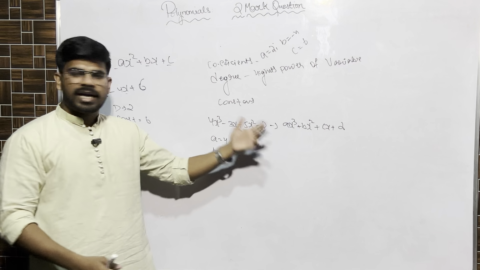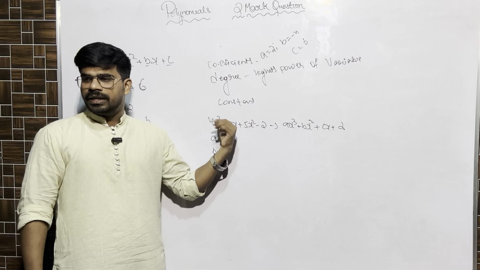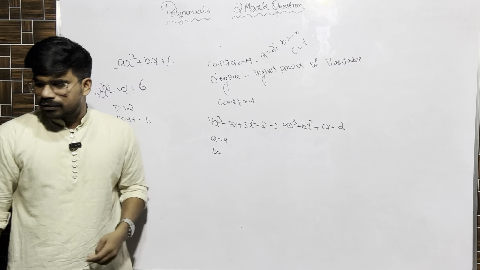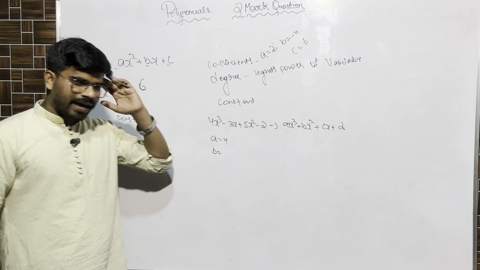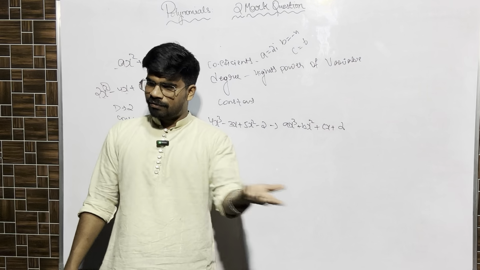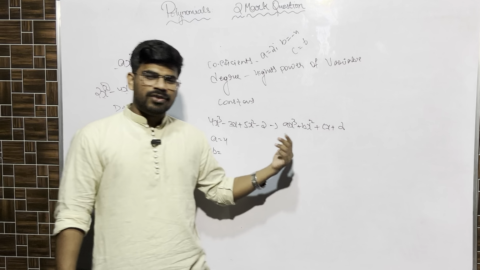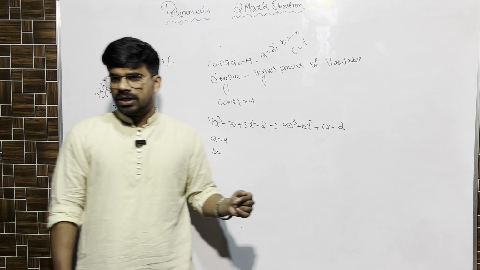So either you have to directly identify the values, or you have to arrange in a specific order, decreasing order of the power, then find the values A, B, C, D. For example, if I have that knowledge, just by looking at this I can tell the value of A, B, C, D. I, in the sense you, me, everyone. Just by looking at it, we have to find the values of A, B, C, D. If you are getting quite confused,